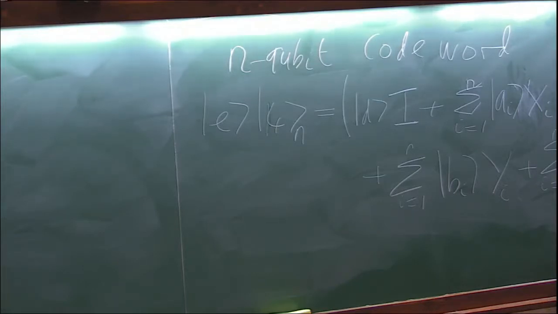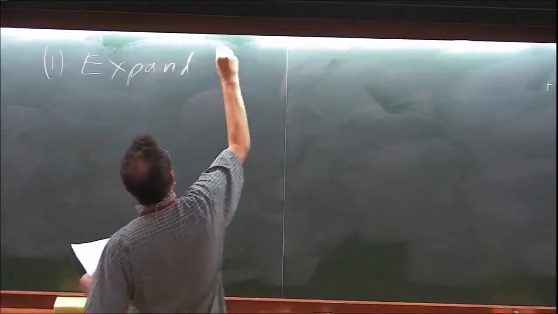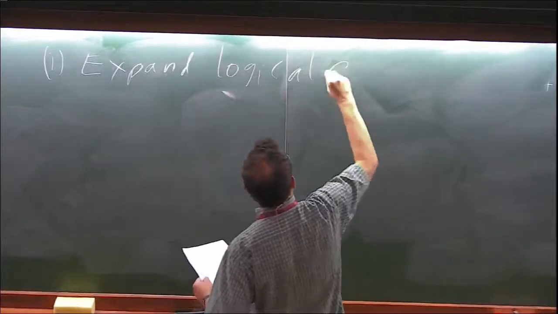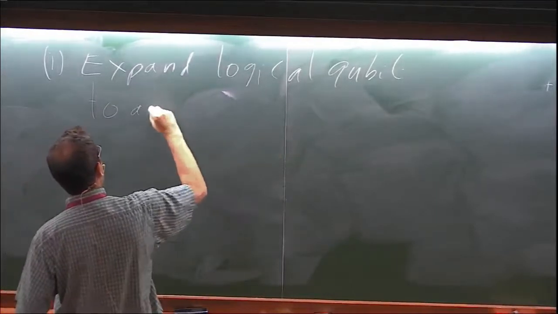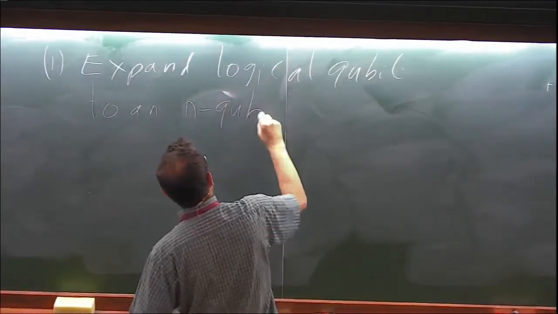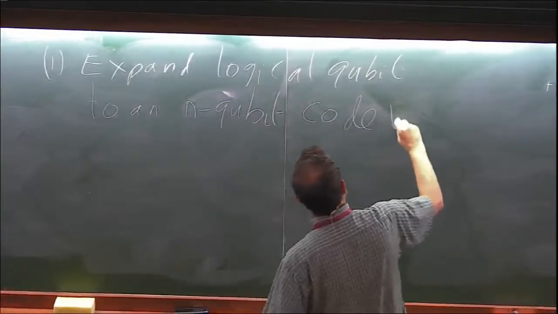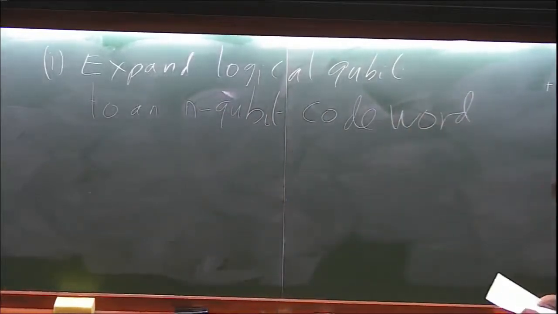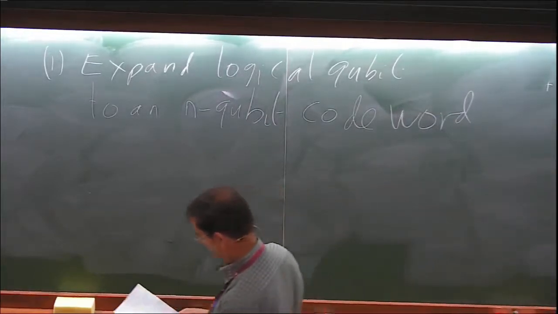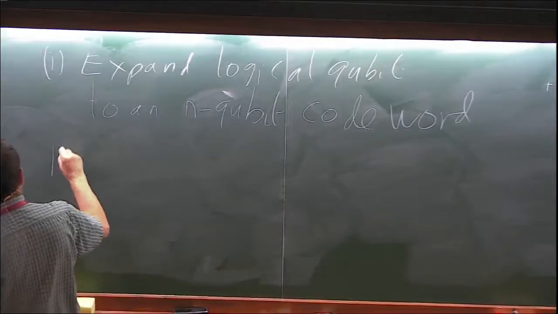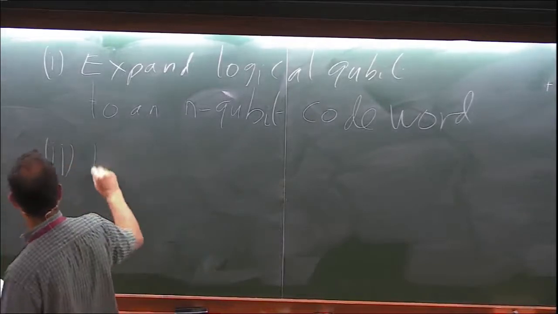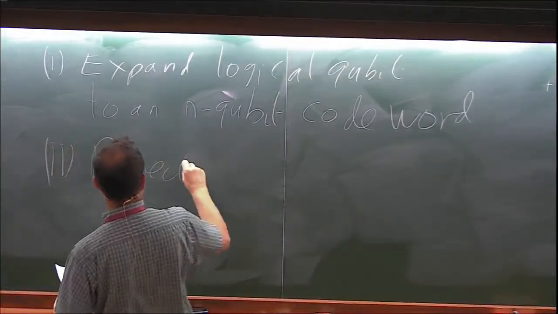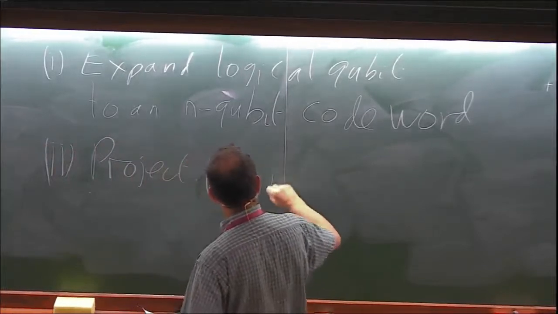So first of all, as we've said, we expand the logical qubit, 0 or 1, to an n qubit code word. Then, by using a set of stabilizers, we're going to project the state, which is possibly corrupted,